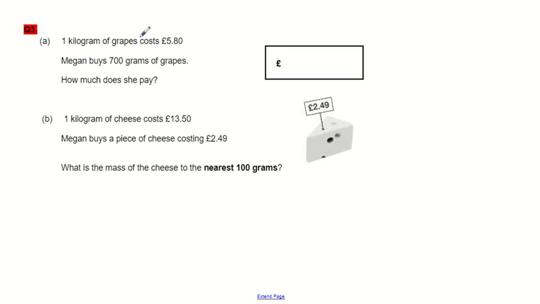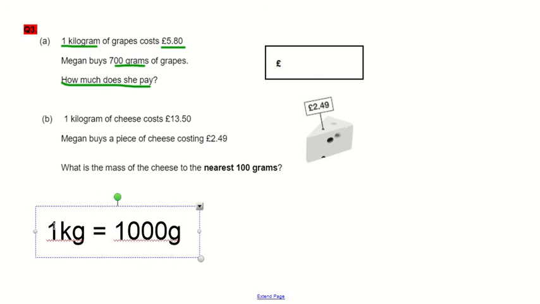1 kilogram of grapes costs £5.80. Okay, now Megan buys 700 grams of grapes. How much does she pay? Right, I'm going to think about what I know to begin with. So I know 1 kilogram is the same as 1,000 grams. And that cost, I can see up here, 1 kilogram was